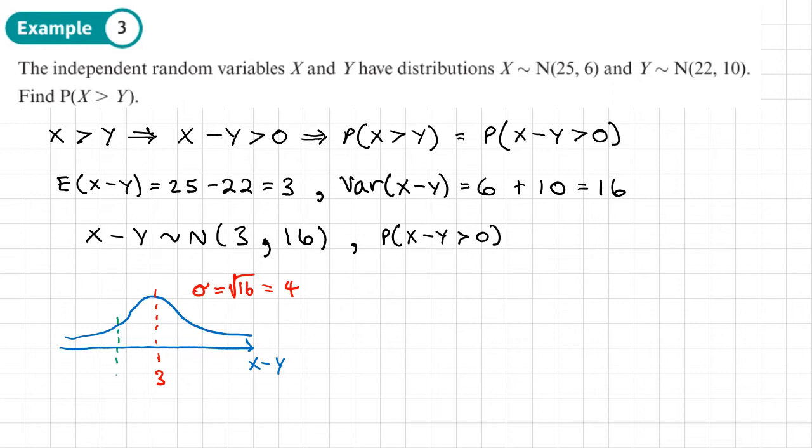So if I put 0 here, shade the correct side, I'm basically trying to work out this area here, and just use my calculator. And using normal CD and a lower value of 0 and an upper value of any large number, as long as it's more than 5 standard deviations away from the 3, that gives me a value of